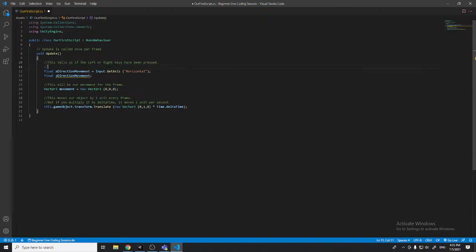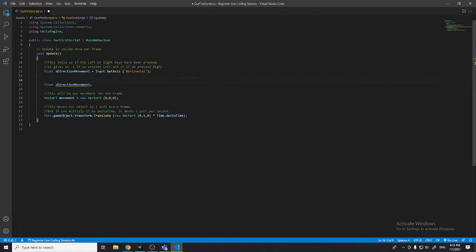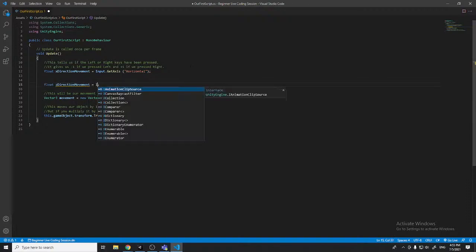It gives us a value of numbers, so it gives us -1 if we pressed left and +1 if we pressed right. Okay, this is for our x value. And it's very similar for the z. What we have to do is write input